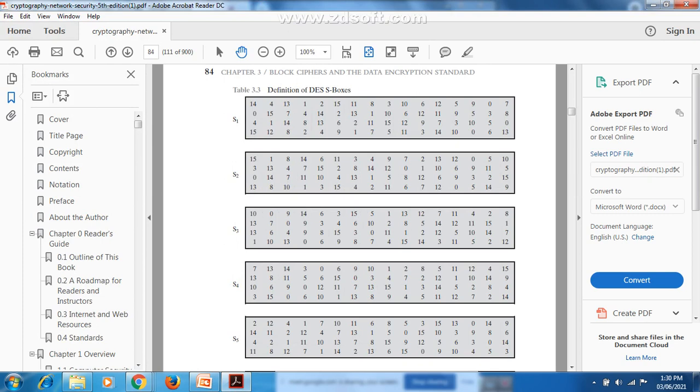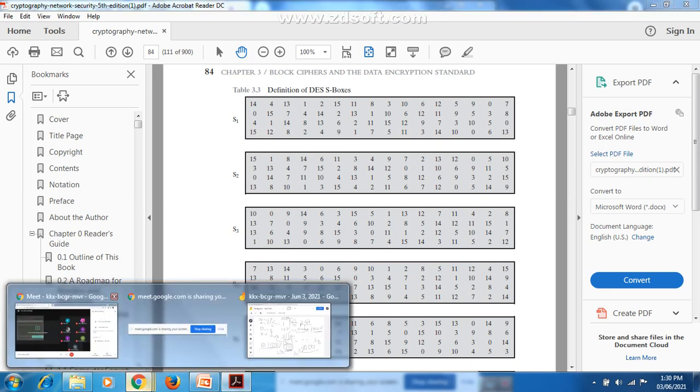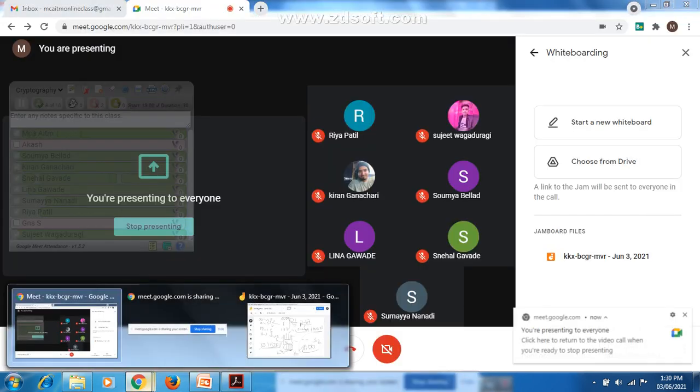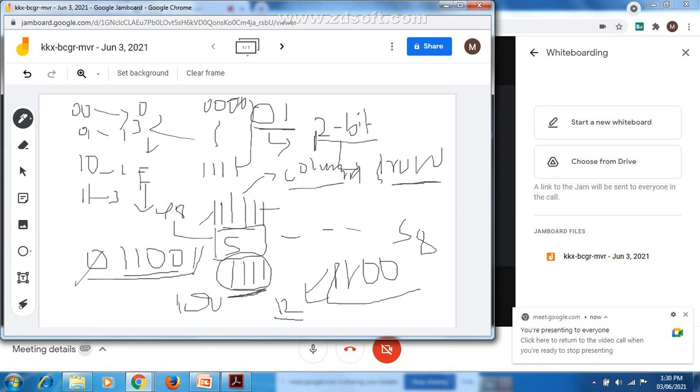That is the 4-bit output. Clear? Yes, row 1, column 12. What is the value? 12 is there.